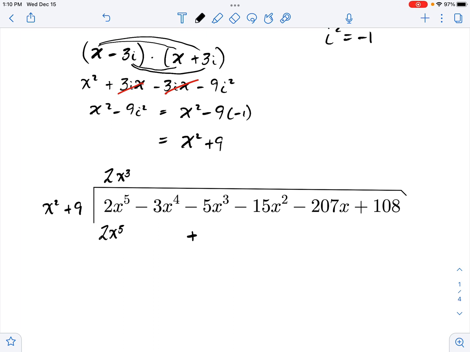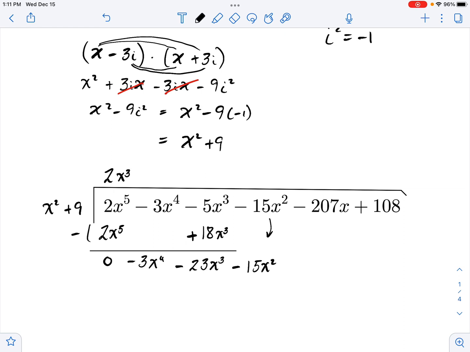And I'm going to put that here. That's 18x cubed. I want to have like terms above and below one another because I can only add and subtract like terms. And so now I will subtract. I will get 0. I have negative 3x to the 4 minus 0, so that's minus 3x to the 4. And I have negative 5x cubed minus 18x cubed, so that's going to be minus 23x cubed. And I'm going to bring down my next term, that is negative 15x